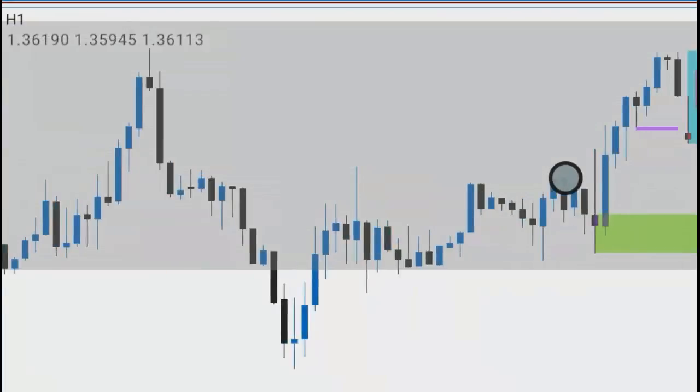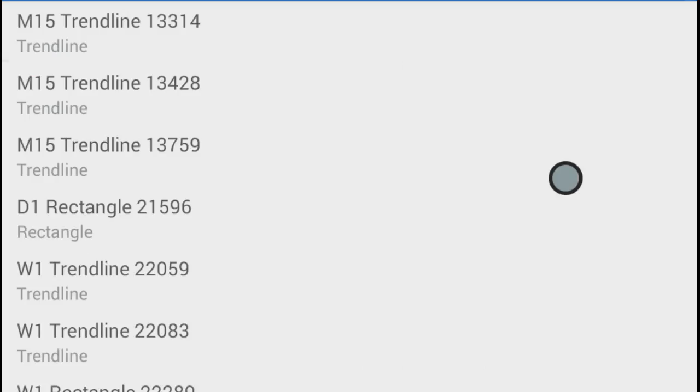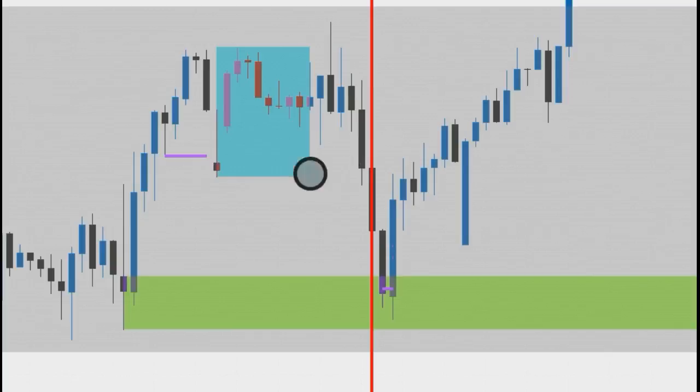Let me zoom in for you to see. Here is your break. All right? Let's use a vertical line here. This is your break. This is the candle that has broken. This is the candle where the red vertical line is that broke this Asian low to the downside. All right? So once that happens,